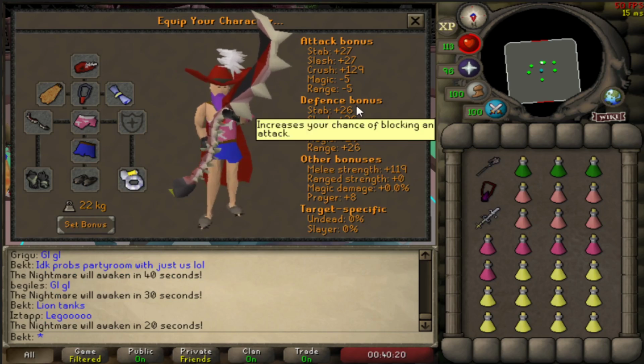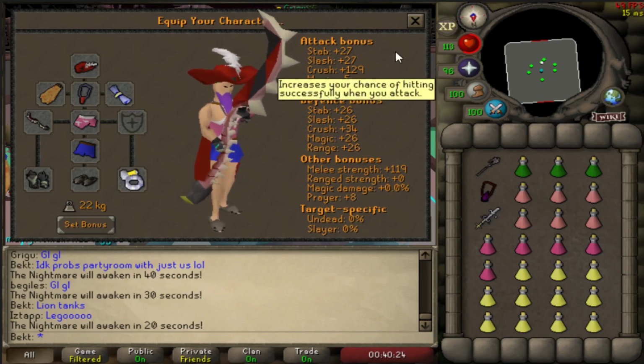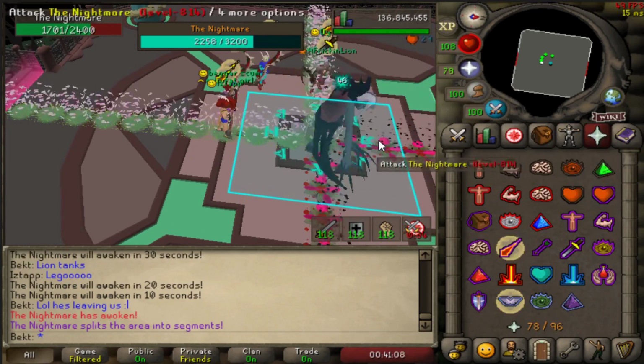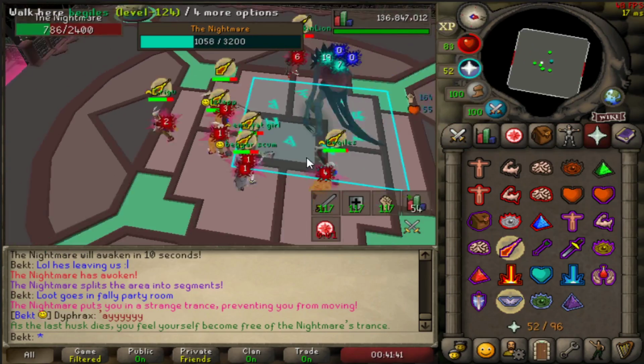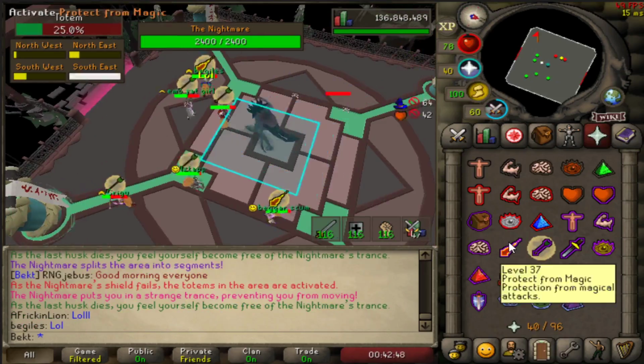Got together with a load of boys from the CC in fun gear, naked Nightmare of Ashihama, just to see how good this Fury is. Ignore Lion at the far end of the screen there, he didn't get the memo, but he does go down pretty quickly. And yeah, we managed to complete a full kill with really bad gear that gives no stats,